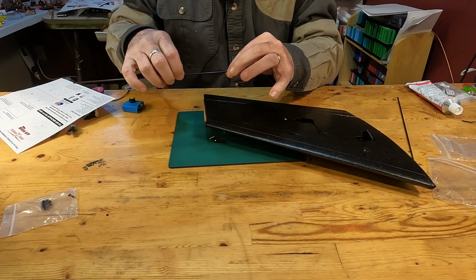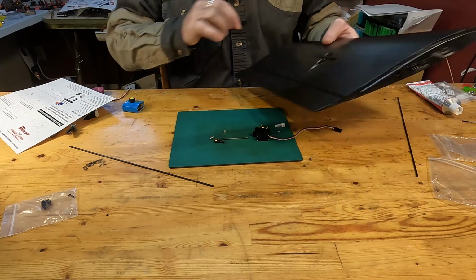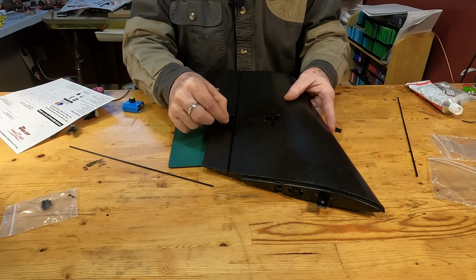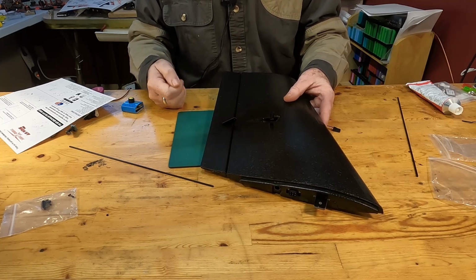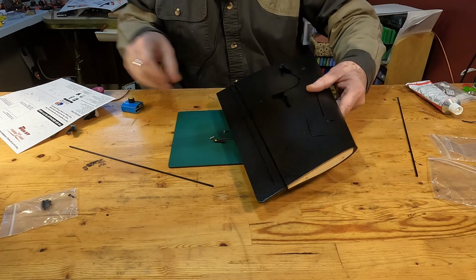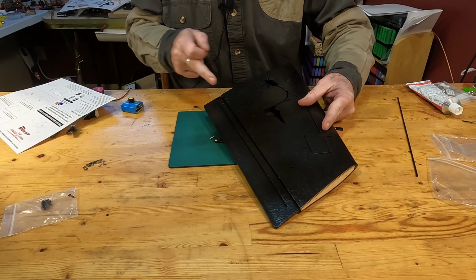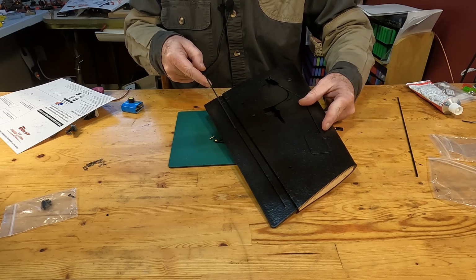We need to first make sure that we take this control horn, pardon me, and install it in the correct direction, which will be towards the leading edge of the wing, and then flip over and guide the carbon fiber rod all the way through this groove, and make sure that it goes through the hole that was in that